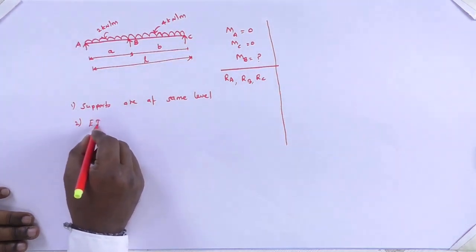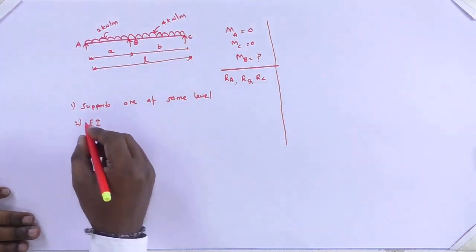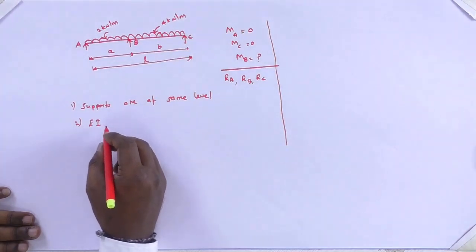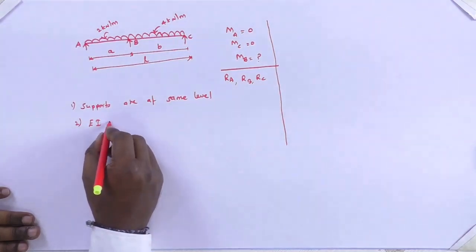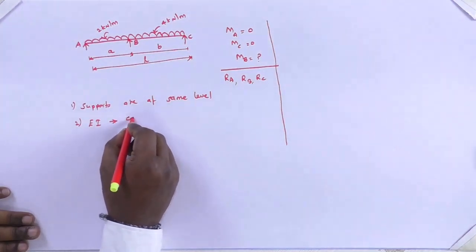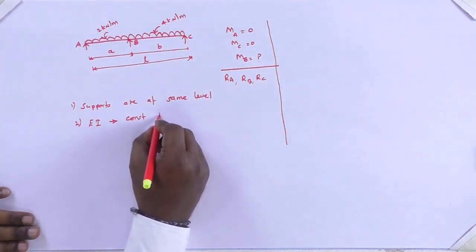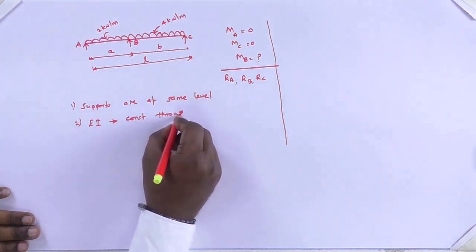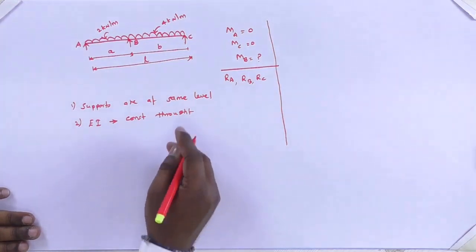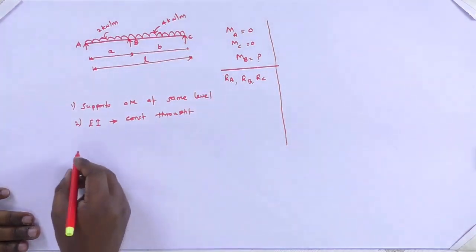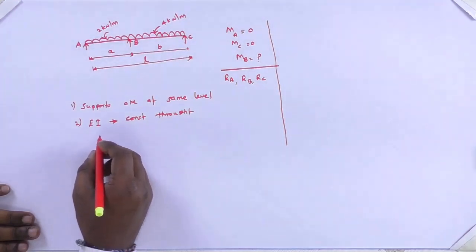EI is the flexural rigidity, where E is the Young's modulus of the material and I is the moment of inertia. The moment of inertia depends on the cross section of the geometry. So the I is constant throughout the span of the beam. So EI is constant throughout. By having these two assumptions, we will have a common equation called the three moment equation, where the moment about